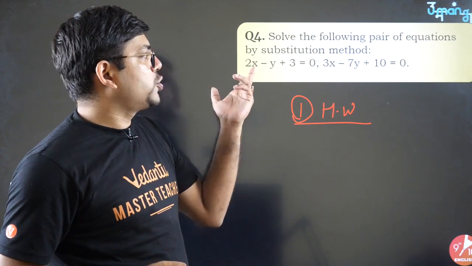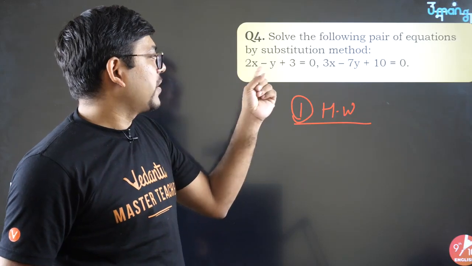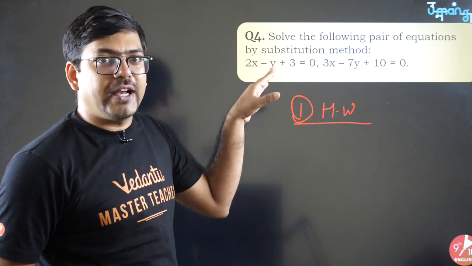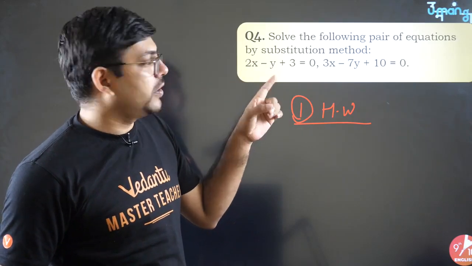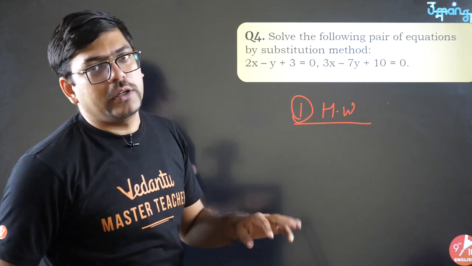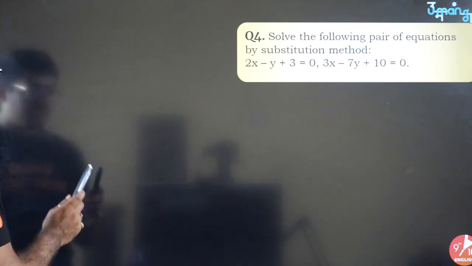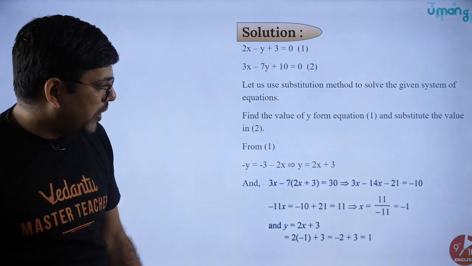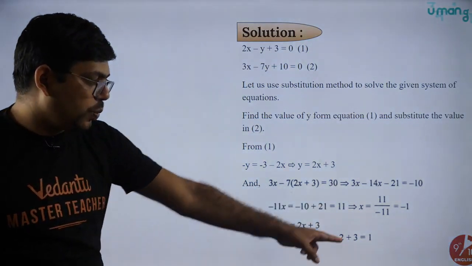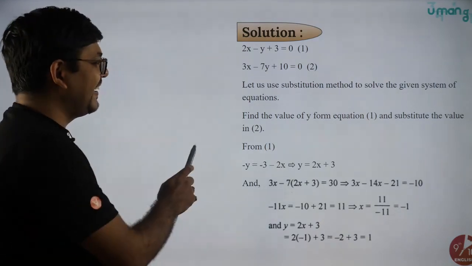Here you can very easily choose the first equation, because the second is looking big and clumsy. You can find the value of y, because this is the only value which you will get without any denominator. So send this y to this side, you will get y equals 2x plus 3. Put that value here and you will get the answer. Okay, I'll show you the answer as well, don't worry. So here we go. The answer for x is -1 and for y it is 1. So -1 and 1, pretty simple. Try it out at least once.